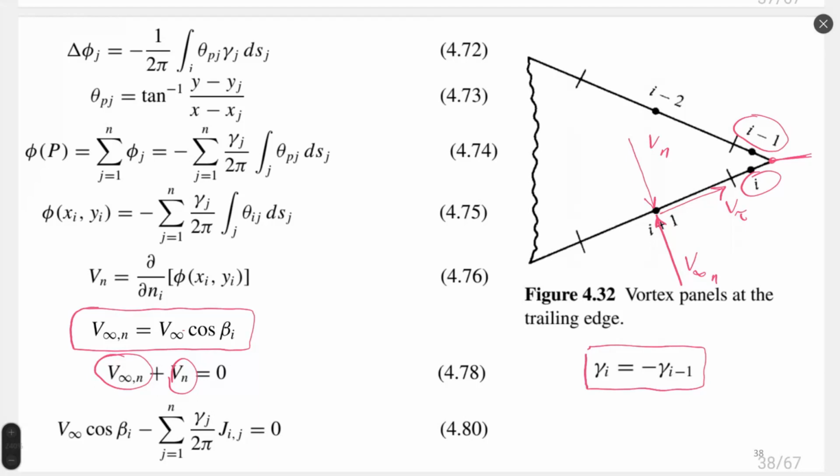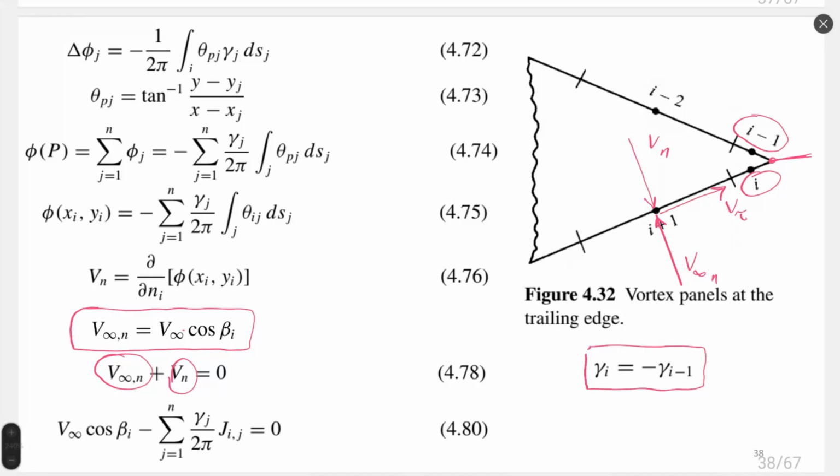This beta i is the angle between velocity direction and the panel normal direction. So this part is coming from infinite conditions, and the velocity generated by vortex on the airfoil